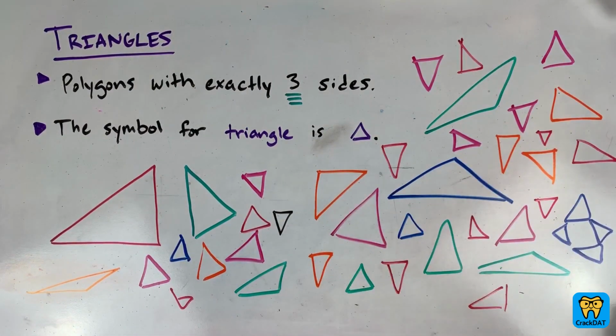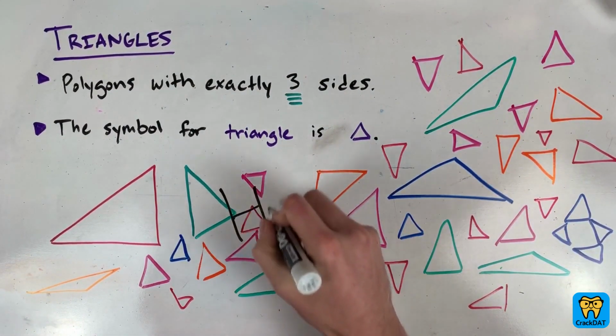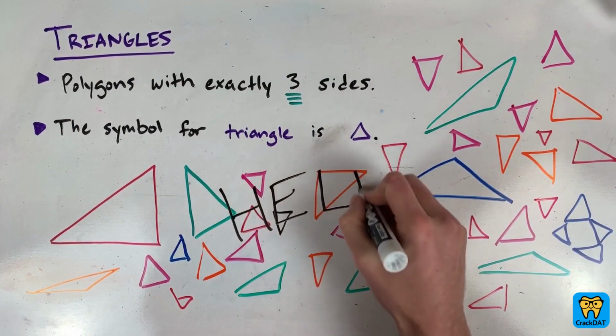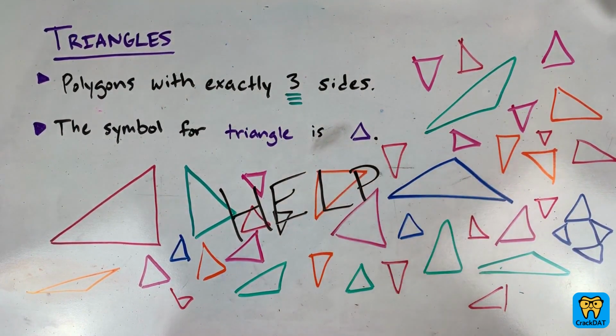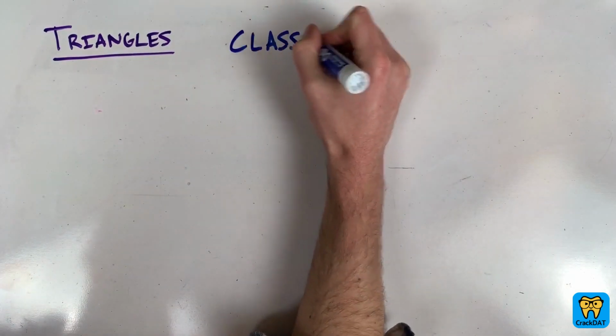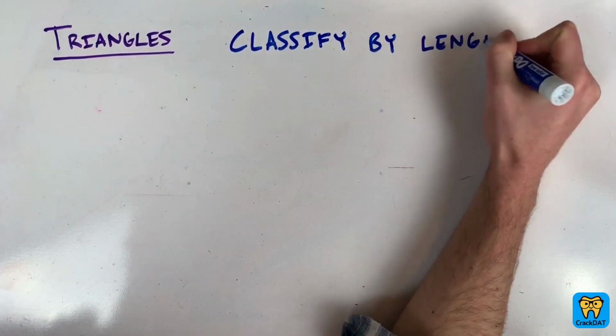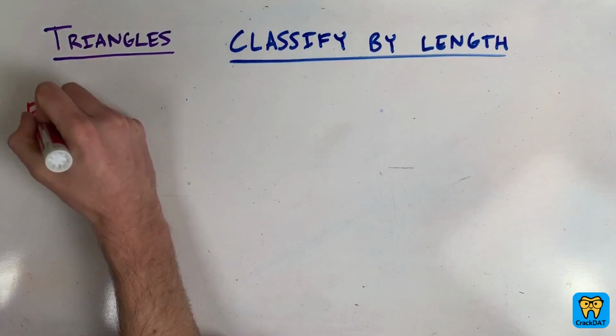And geez, someone should really figure out a way to classify all these triangles. Oh wait, mathematicians already did that years ago. Let's see what they did. The first way mathematicians like to classify triangles is by side length. The most pristine